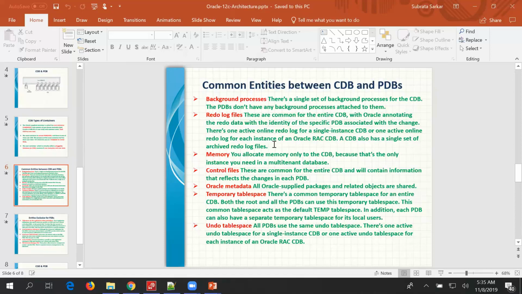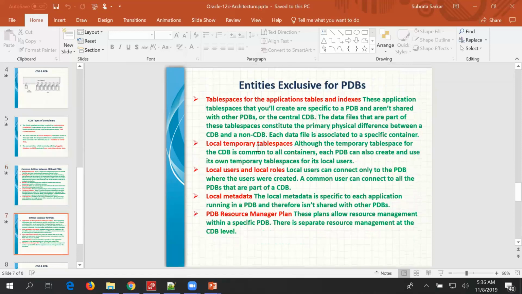Undo tablespace: all PDBs use the same undo tablespace. There is one active undo tablespace for a single instance CDB and one active undo tablespace for each instance of an Oracle RAC CDB. Entities exclusive to PDBs: tablespaces for application tables and indexes.